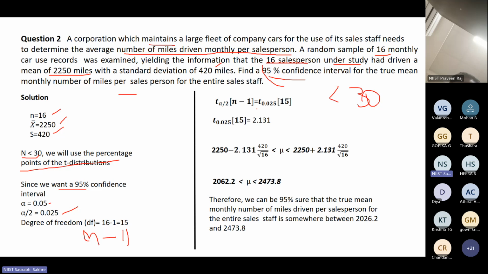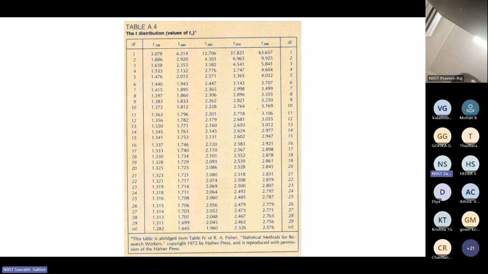Now for the t distribution there is a separate table. Here I will write alpha as the subscript: t 0.10, t 0.050, t 0.025, and instead of z score there will be degree of freedom. It goes up to 29 and 30 only, because above 30 we will not use the t distribution. So it is 1 to 30 only.